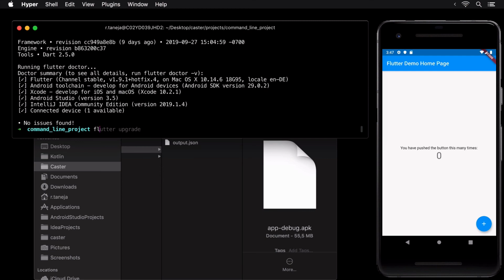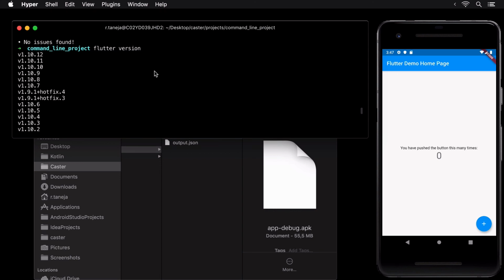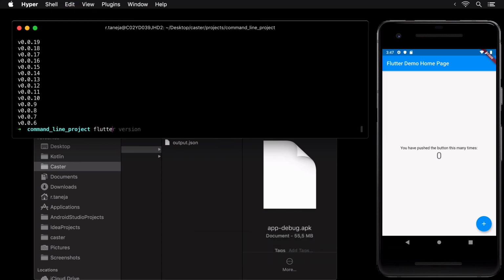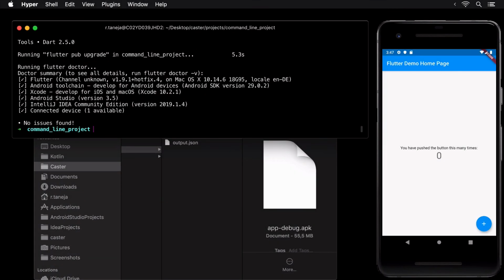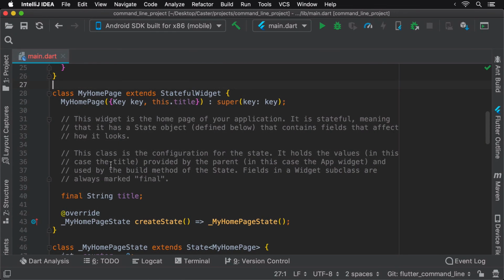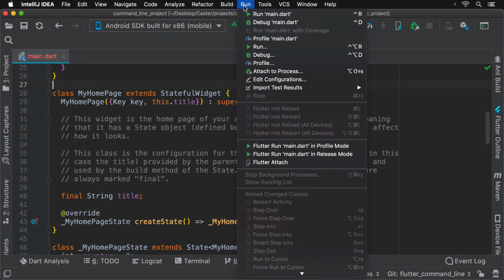To switch to a particular Flutter version, execute the flutter version command followed by the particular version's name that you want to switch to. Most of these Flutter commands can also be executed from IntelliJ by using the Run and the Tools menu.